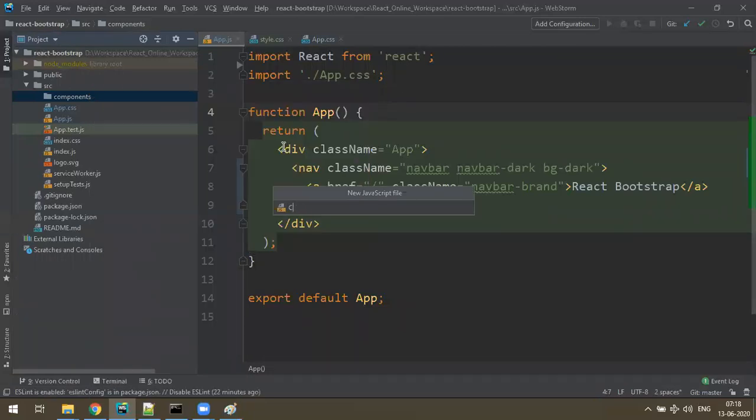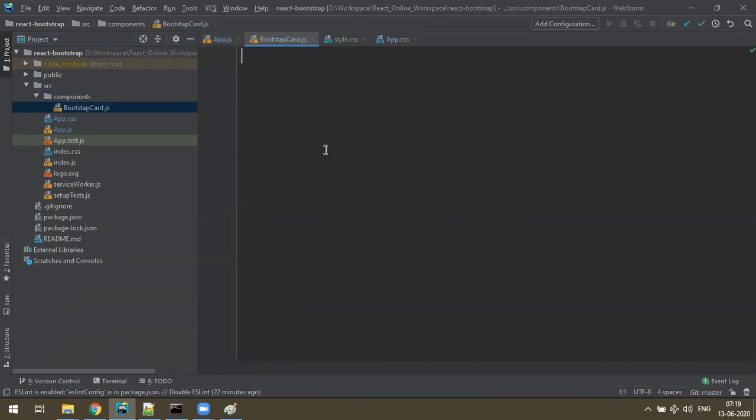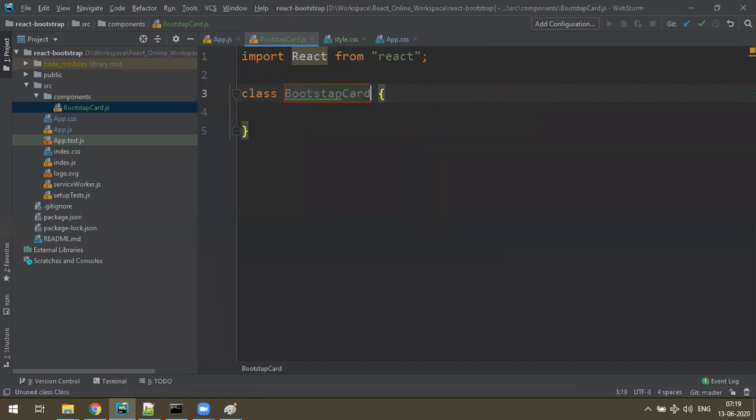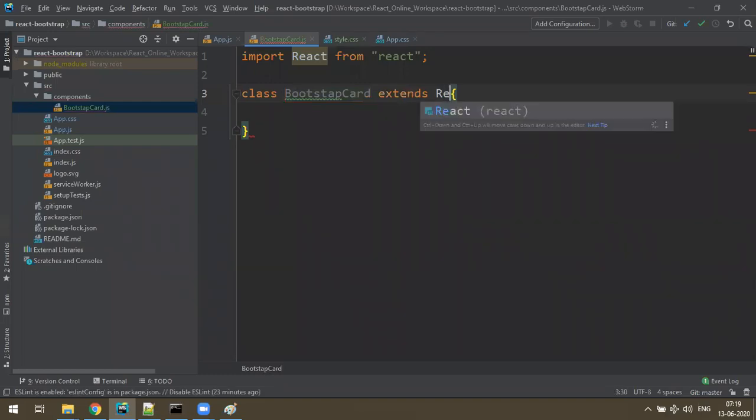Or else you can give a proper name called BootstrapCard. Yesterday we made function card, class card, so now BootstrapCard. Okay, fine. And I wanted to make a class-based component, not a functional component. So let's make a class structure. Import React from React. Next, write class, the name of the file name, BootstrapCard, extends React.Component.